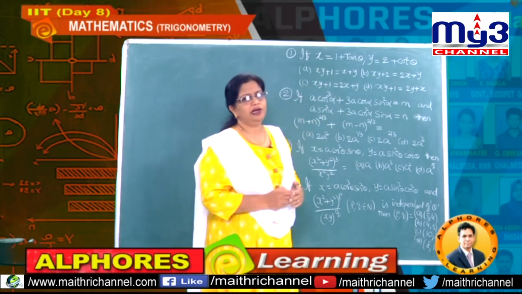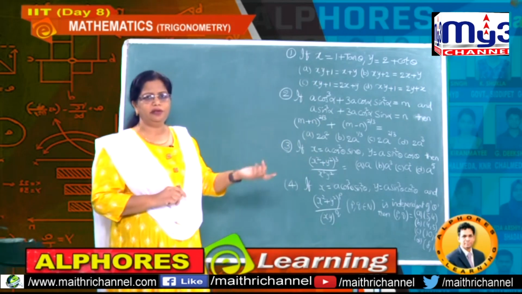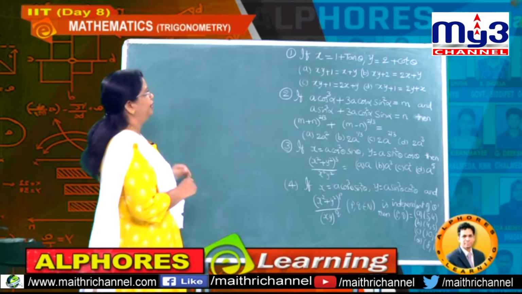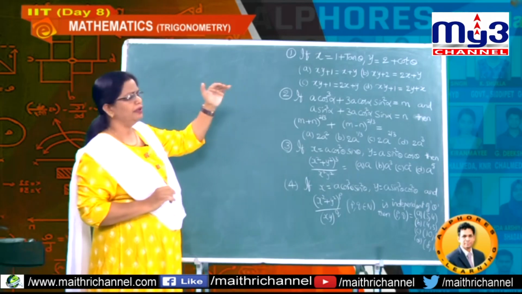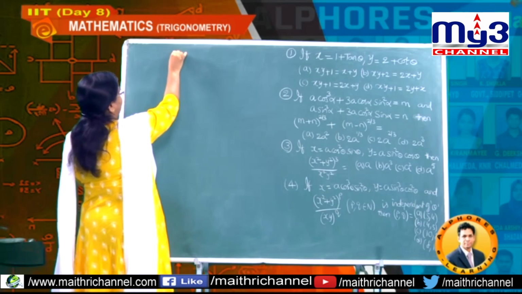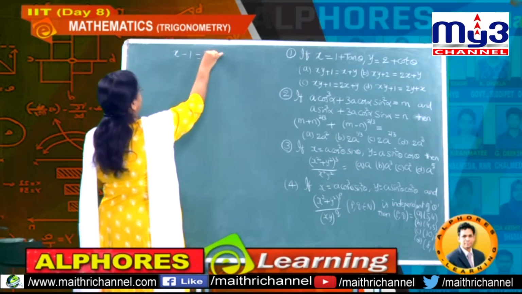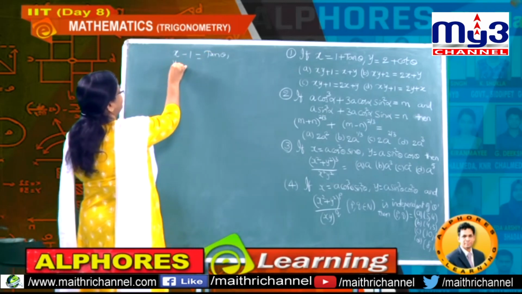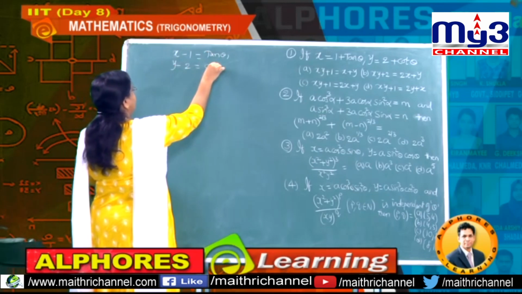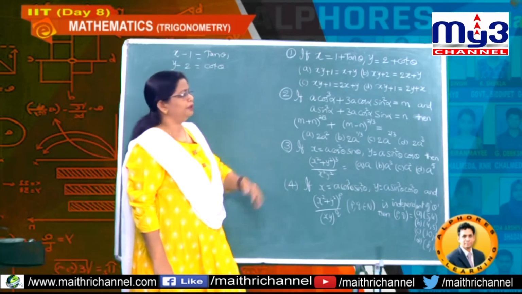Now, tan and cot, therefore, immediately recollect the concept that tan theta into cot theta equals 1. You have to keep that in mind and then start the problem. x minus 1, I have to consider as how much here? tan theta. And the other value, y minus 2 equals how much? cot theta. Okay. So, make use of known identities.